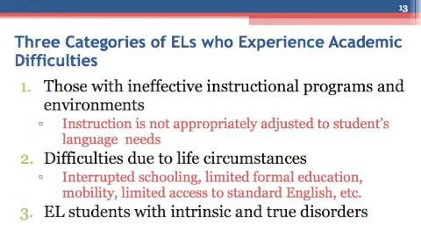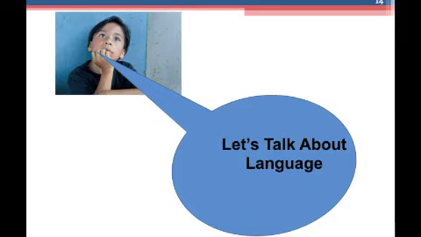And English learners that truly have intrinsic disorders are the third group of students that struggle. And that's what we're trying to get to, to be able to make a good decision, targeting those students that truly have disorders and providing the right support for them, and usually in a special education program. So next we're going to talk about language and the specific language needs of